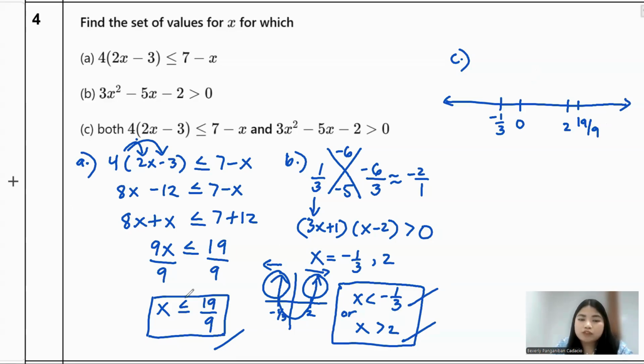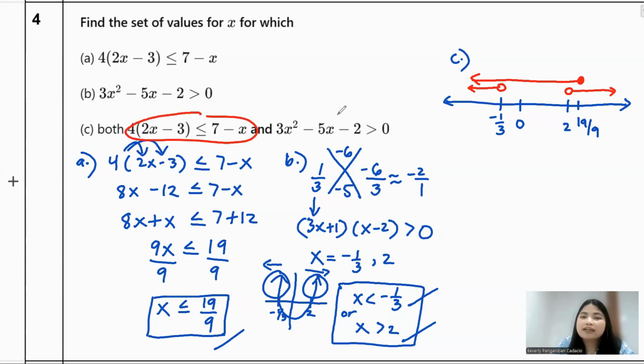But what you need to do is draw this one first. I'm going to plot it here because it's equal. And then I will just follow this arrow, which means everything that is less than that will be included. And then this one, you have a negative 1/3 here, and then just follow the arrow there. And then this one is 2. Here is the 2, and then you just follow here. The question there is both, something like this and this. So it's like which part of the line satisfies the equation.